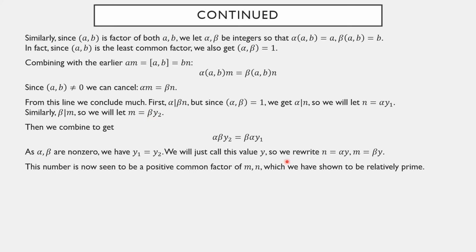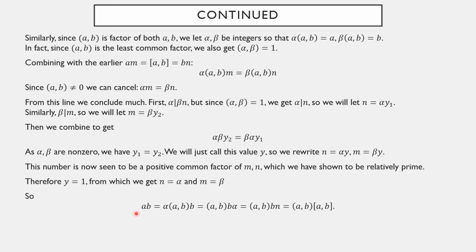But now we see that this number is a common factor of M and N. If M is beta y and N is alpha y, then y is a factor of both. But we've already shown M and N are relatively prime. So if I have a positive common factor of two numbers that are relatively prime, that number must have been 1. Now that we know y is 1, stuff is starting to fall into place. If y is 1, then N is alpha and M is beta. If N is alpha and M is beta, we're going to start coming back earlier and earlier and get some interesting stuff. So A times B